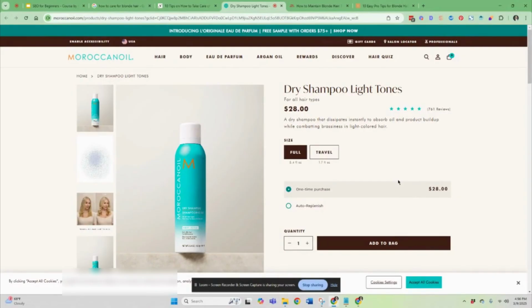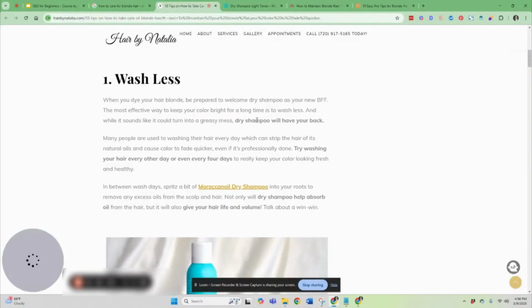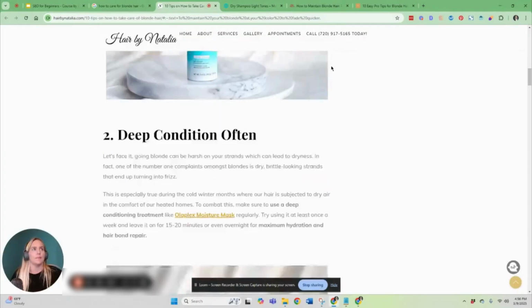One way that I would maybe see it, and maybe this is her commission ID and maybe she'll get credit for it, and that's a way to kind of get some money back from this post. But you could also maybe add in a blog post about why Moroccan oil dry shampoos are so great for your hair, and maybe link to that inside of that blog post, then kind of link out the product. I'm just going to see where the rest of this blog post goes